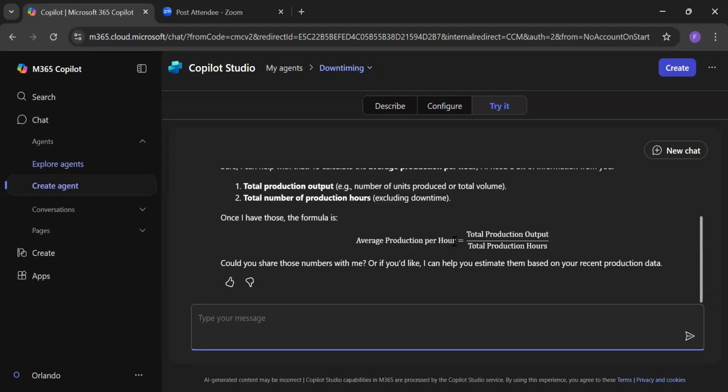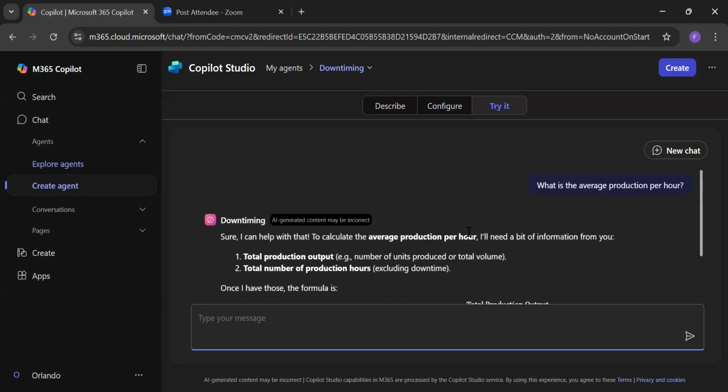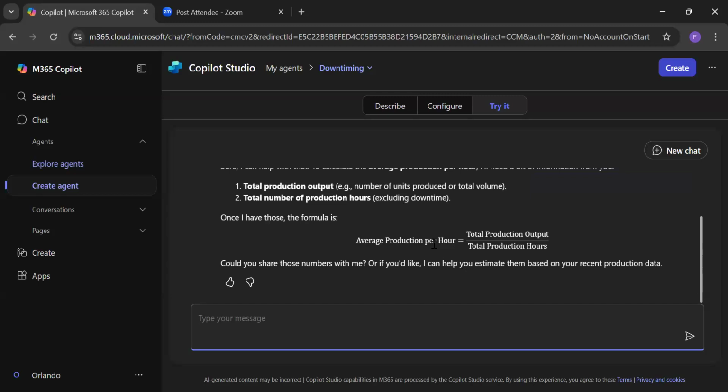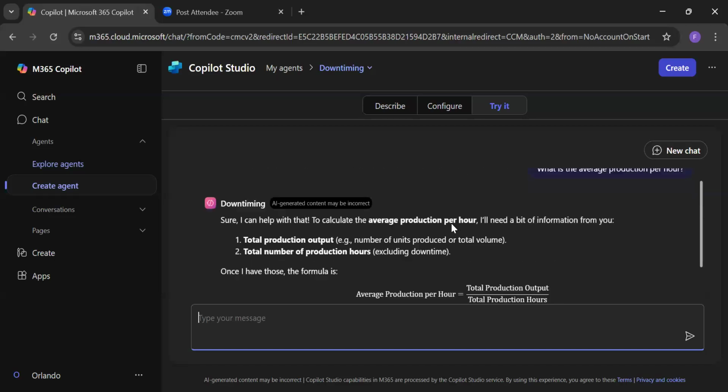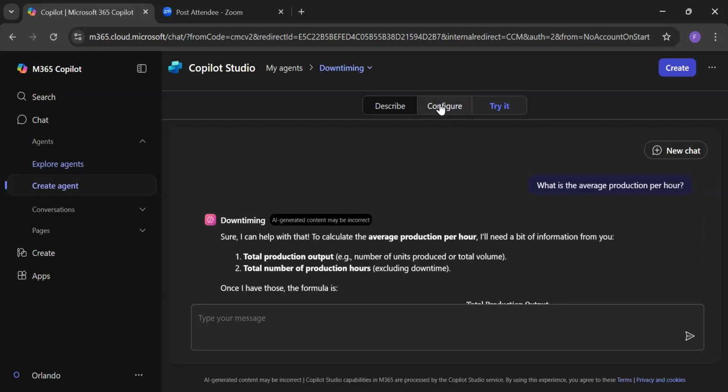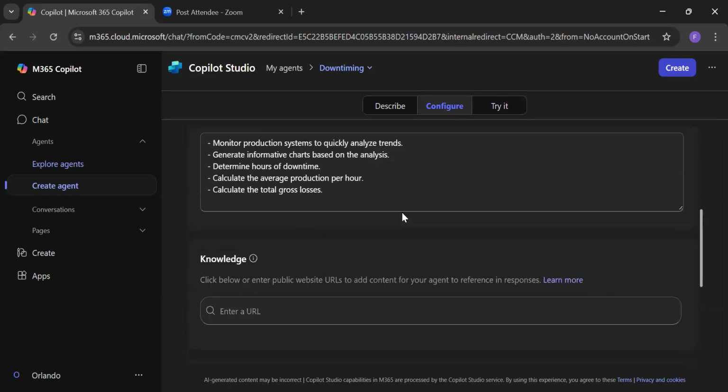This data can be put in here. Since they came to work, everything is being logged. At the end of the day, just by a click, you can generate a report and see what happened, what the output or average production per hour was, even if you were not there. So I don't know if you got it. Basically, that's what it does.